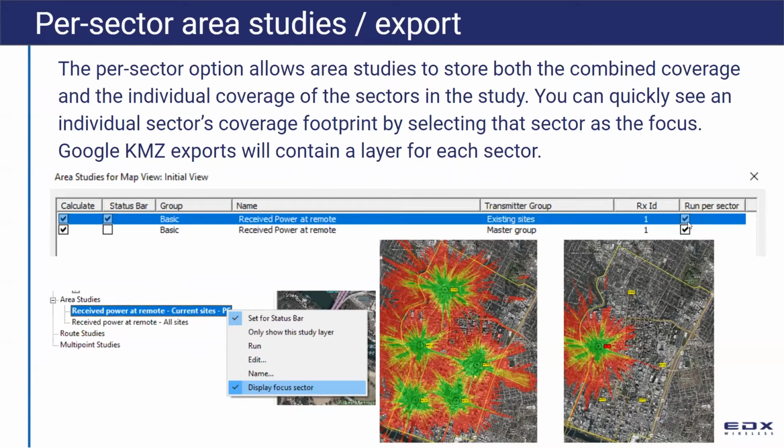What that does is the area study does take a little bit longer to run, and it generates a little more in the way of cache files onto your hard drive. But that's because it's storing not only the composite combined coverage of all those sites in the group, but also the